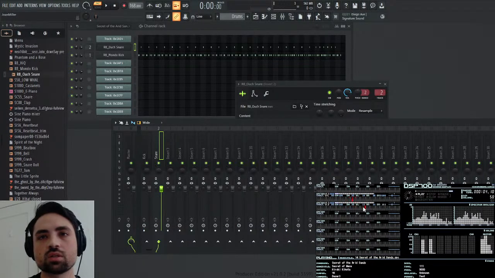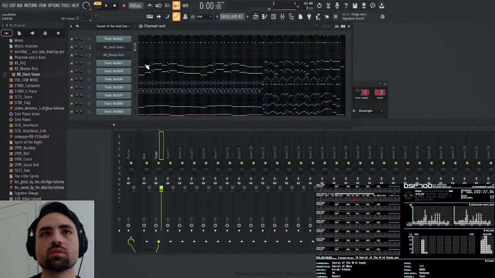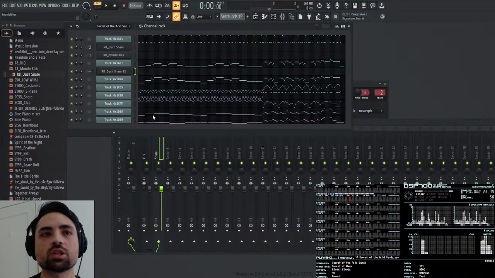Some strings. This is a different instrument. So we have a strings line. Let me add a Kontakt patch.